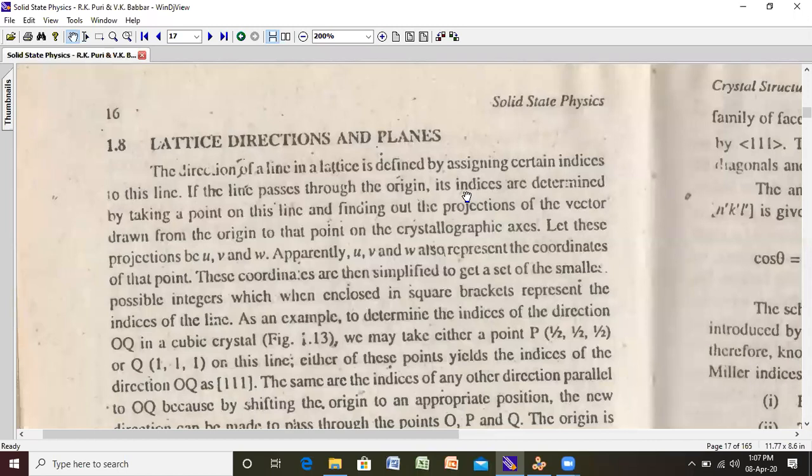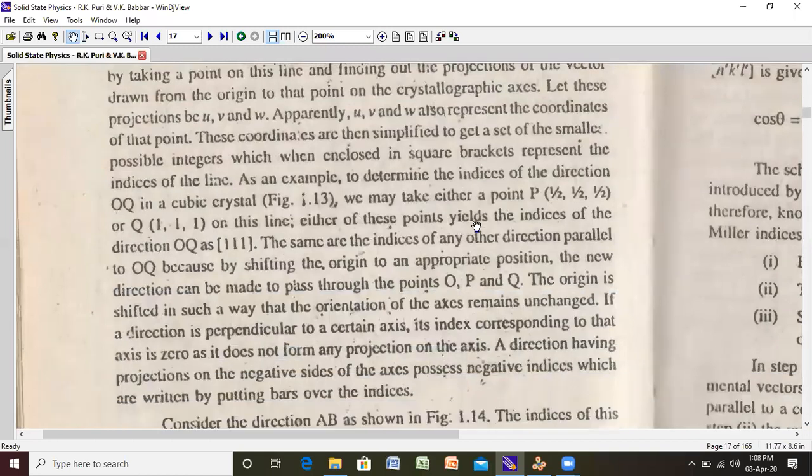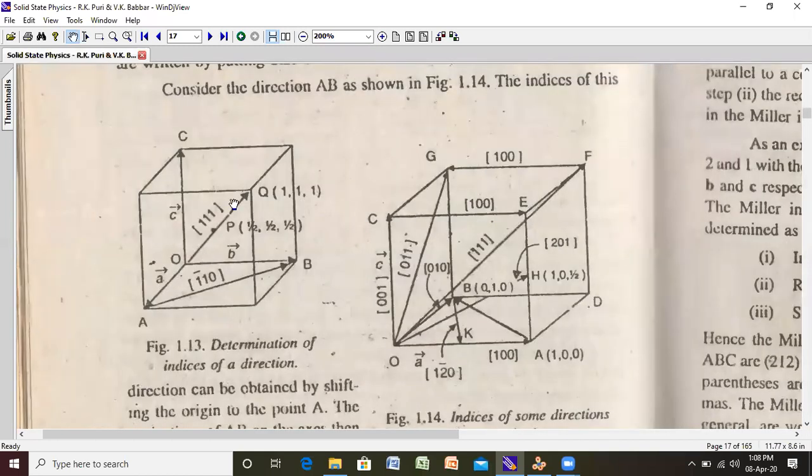So in crystallography, we represent vectors by square brackets, and we represent planes with parentheses or small brackets. So let's suppose, for example, this is a cubic structure showing you in the book, that